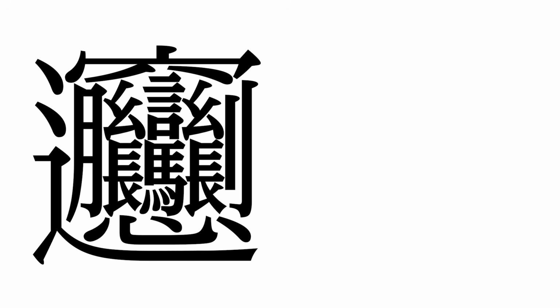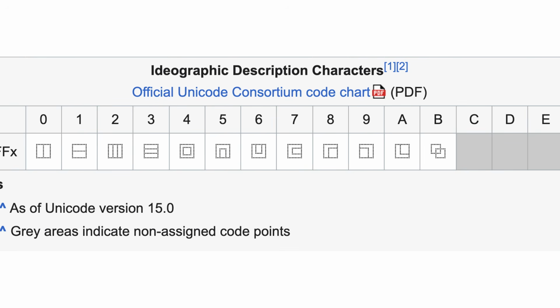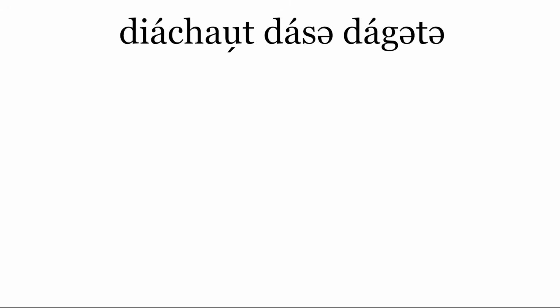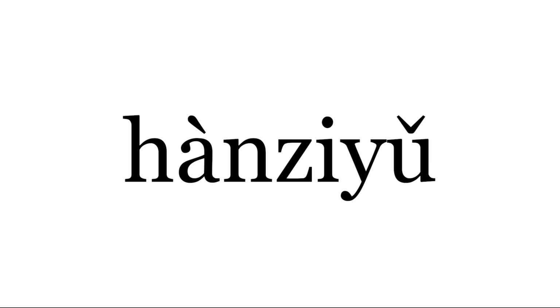So, characters are made of more characters, which are made of radicals and written with officially ordered strokes and with internationally standard ways to represent their composition. What a simple, intuitive system that we can now use to create just as intuitive of a language. This language's full name in the simplified dialect, oh yeah, there's dialects too, is long. But for simplicity, I'll be referring to it by its pronunciation in Mandarin Chinese, Hanziyu.